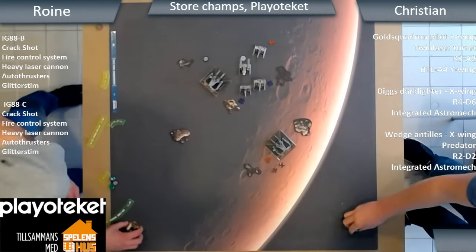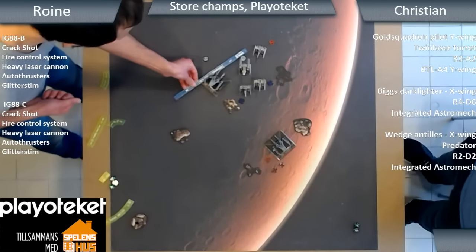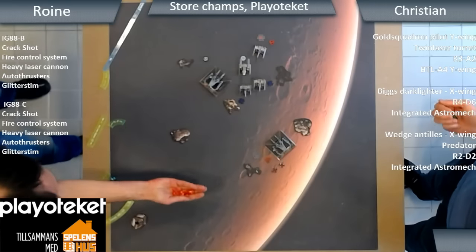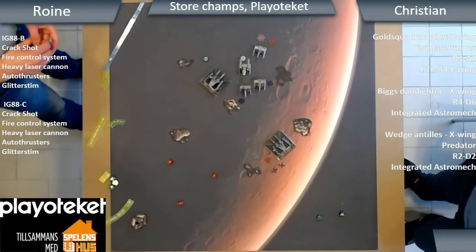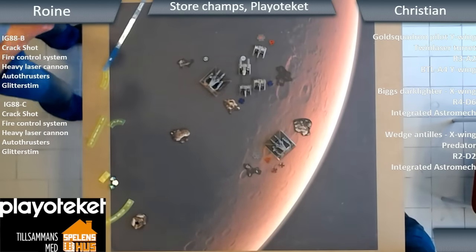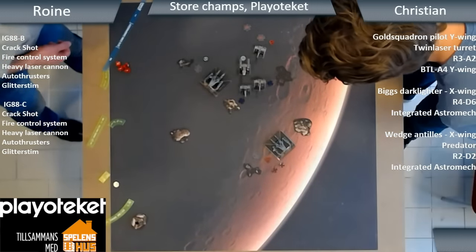Uh-oh, that looks like a... Right, so he must have gone through. Can't be all 3 hits, surely. Then he must have taken that stress to cancel down to 2, using his R4-D6 Astromech. And there's the fire control system kicking in. Second IG. Biggs just takes another 2 hits. Yeah, well, he's still on the board. So the X-wings there,